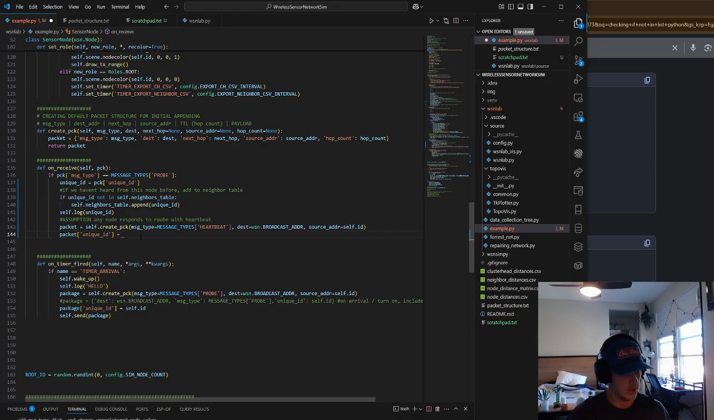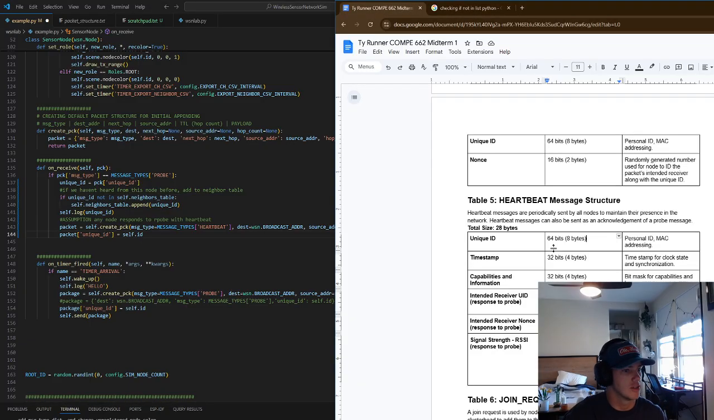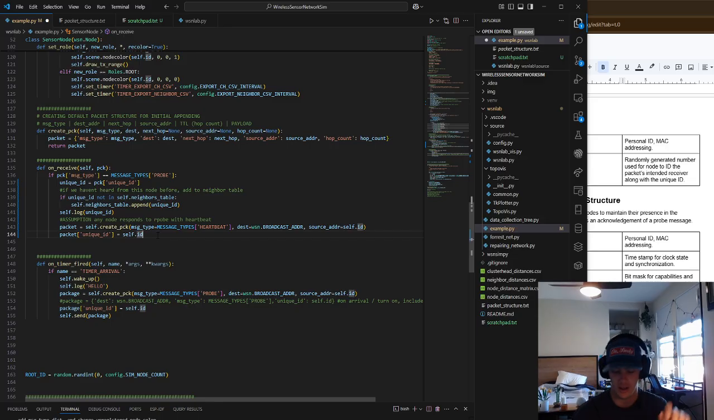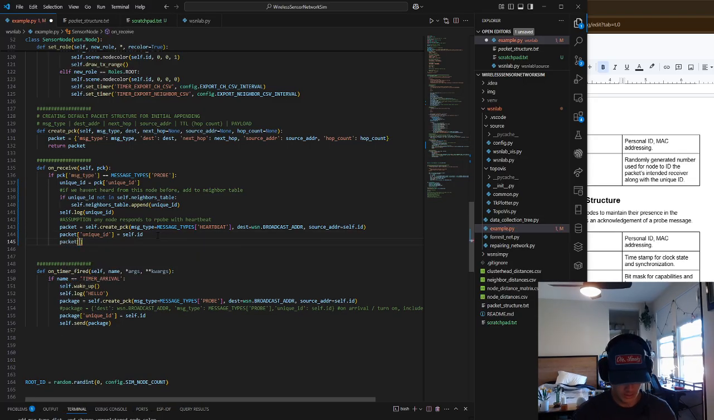Packet of unique ID. We want the self.id to assign to that. And then what else is in that packet? Timestamp. Should we really just create heartbeat? No, that's so much work. We don't need capabilities. We don't need timestamp. Intended receiver UID. That's what I am talking about. What's a good name? Intended UID equals PCK of